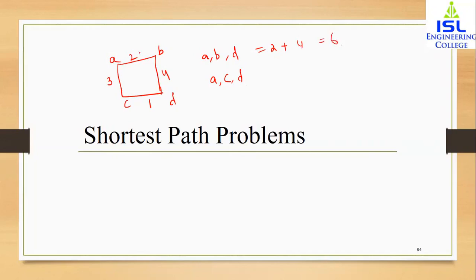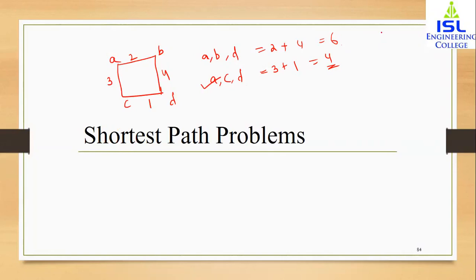Now these distances that I am writing are not in kilometers, meters or any unit. Those are just random numbers given to the edge. So 2 plus 4 is 6, while from A to C the distance is 3 and C to D the distance is 1, so 3 plus 1 is 4. Just by observing we can see that from A to C and C to D the distance is smaller and we can take this path. So this is the concept of the shortest path problem. Between two distinct vertices we have to find the shortest path.